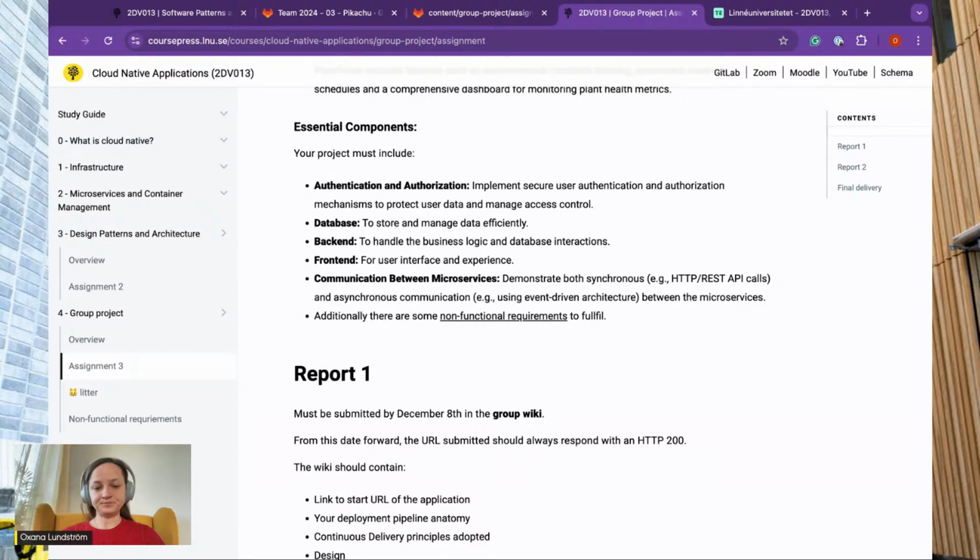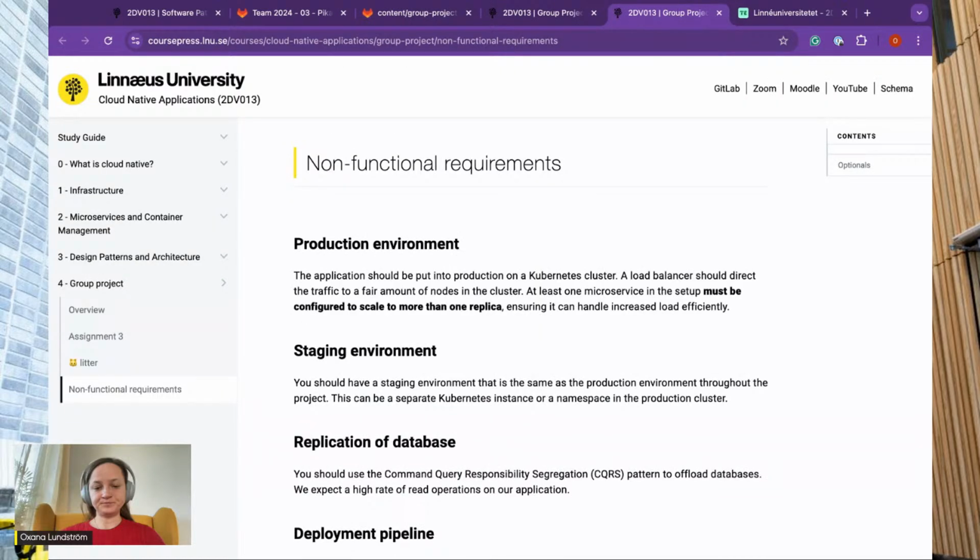The difference will then be that we will scale the database and we will scale the microservices in a different manner. And there is a bunch of non-functional requirements, which is, as I already said, replication of the database.